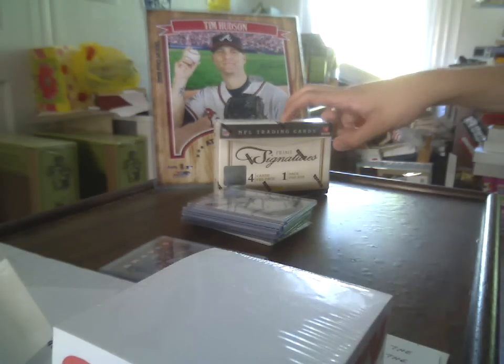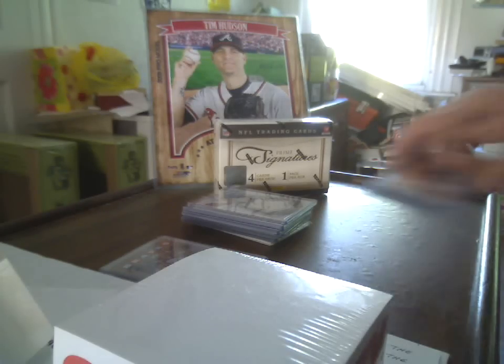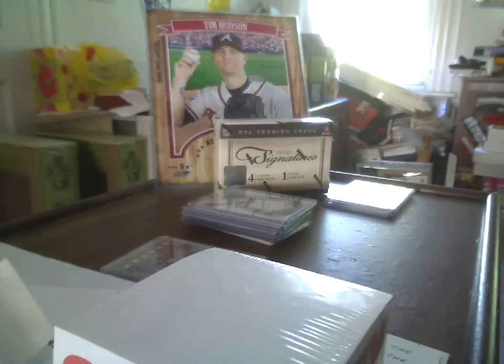If I do decide to bust this, it's going to be on Global Break Day, August 16th. I already have a box set aside for that, which is a bit of a surprise. A couple of people know what it is, but I do have a box set aside for that. The reason I placed the order, with the odds on not breaking it and possibly taking a loss on it, is for these,